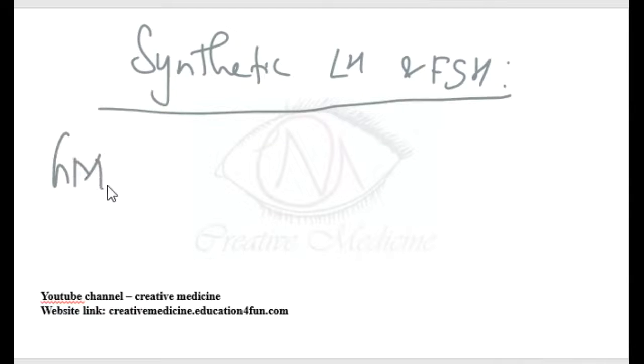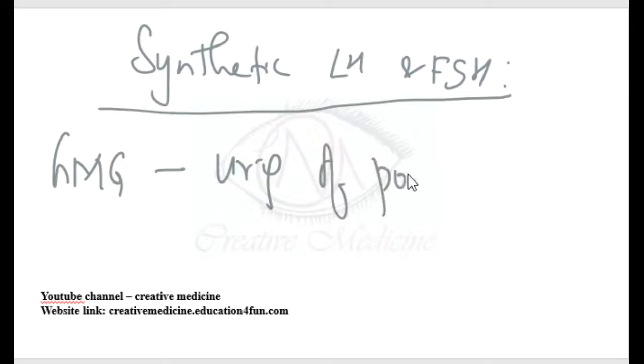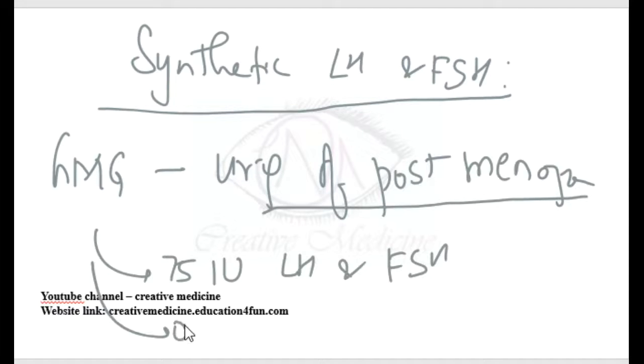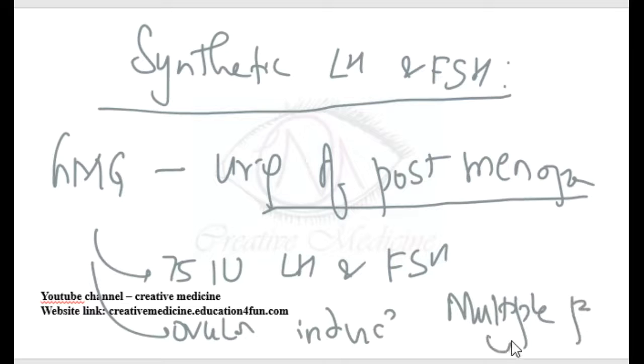Human menopausal gonadotropin is derived from the urine of postmenopausal females. Human menopausal gonadotropin has 75 international units of luteinizing hormone and follicle stimulating hormone. It is used for ovulation induction. Chances of multiple pregnancy in human menopausal gonadotropin is 30%, and chances of ovarian hyperstimulation syndrome with human menopausal gonadotropin